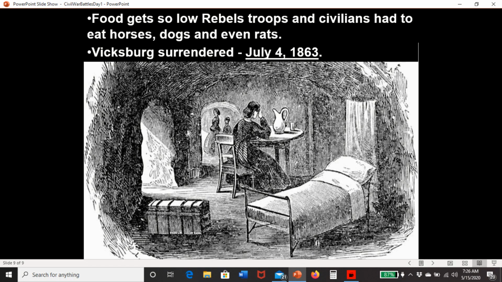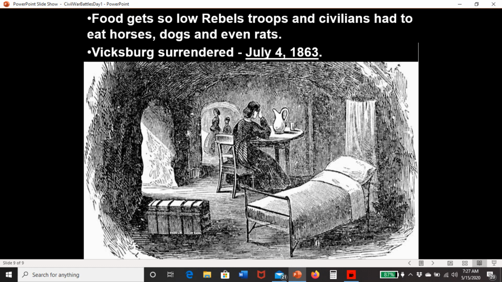Around the same time, the Confederate Army under Robert E. Lee was defeated at the Battle of Gettysburg, which we'll get to next week. And these two victories are going to be seen as a turning point. So to recap, we went through the Battle of Bull Run at Manassas, in which we see Stonewall Jackson get his nickname. The 7-day battle, in which Robert E. Lee